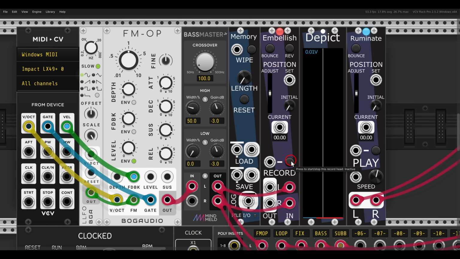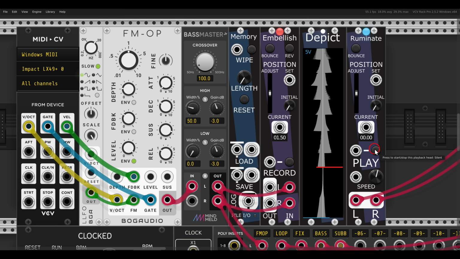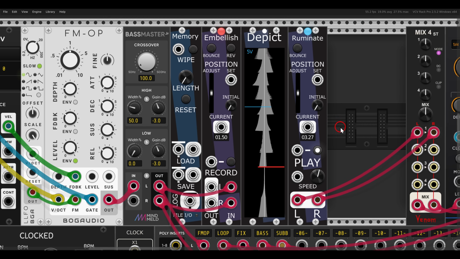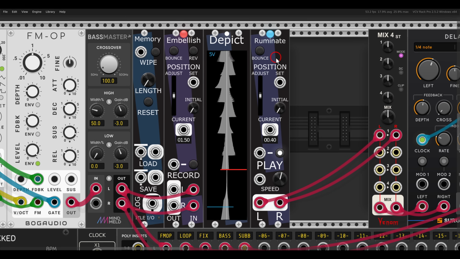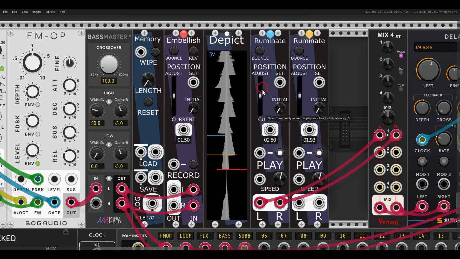And now again, just record something. Right, just like this. Right, and now play it back. Right, and it will just continue playing it back. I can just duplicate, ruminate, and then we have, you can see another playhead in the color of the light here. I can let this, first of all I will connect it of course, and then let it play, let's